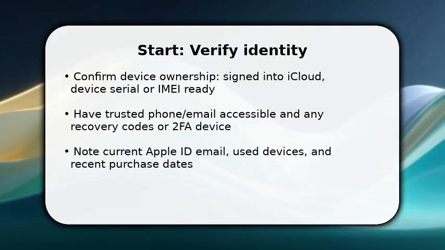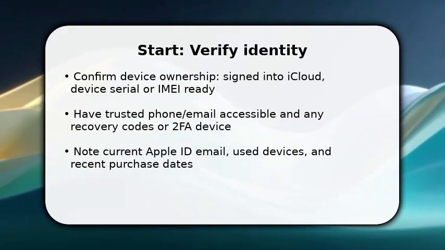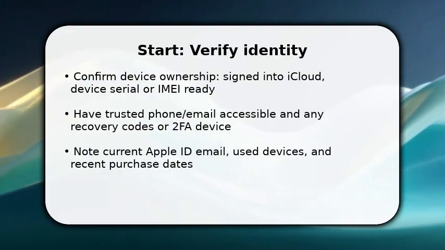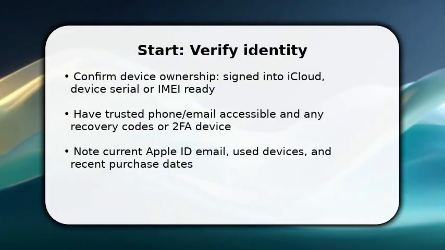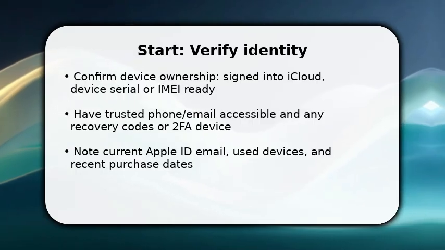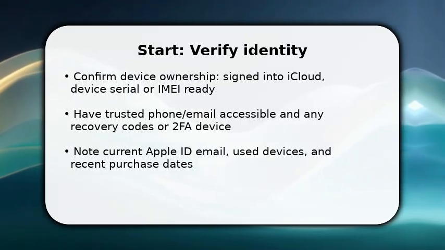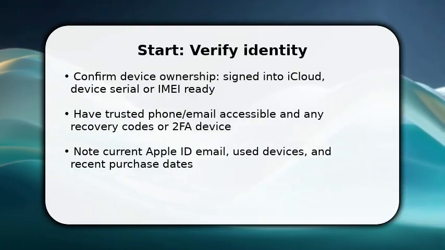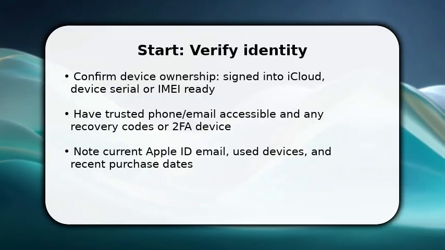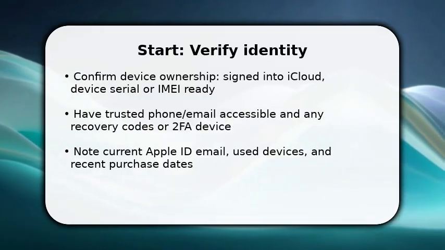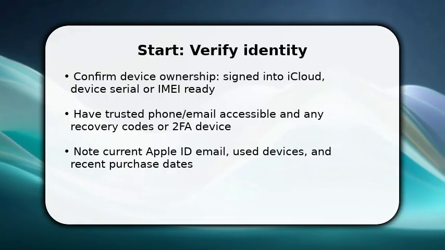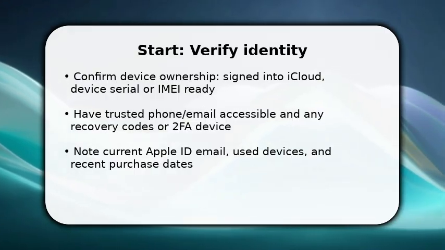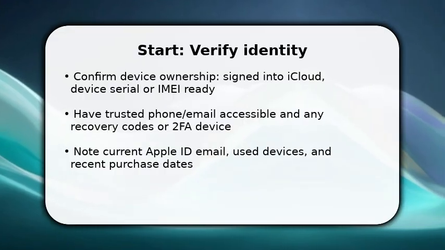Enjoy the video. You begin by proving you own the account. First, open settings on an Apple device where you're signed in and note the Apple ID email. Once done, make sure you have the trusted phone number or email ready and any recovery codes. If two-factor authentication is enabled, keep the trusted device nearby. These items speed up recovery and prevent lockouts because Apple uses them to confirm identity before allowing password resets or